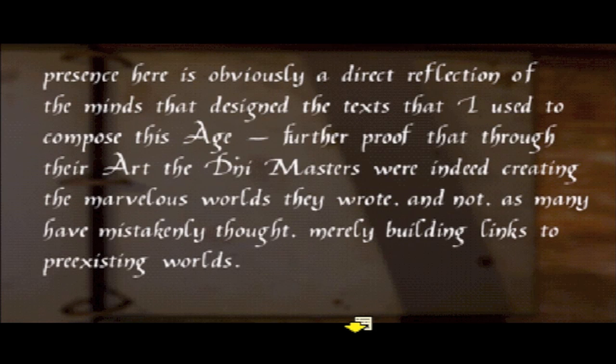Its presence here is obviously a direct reflection of the minds that designed the texts that I used to compose this age, further proof that through their art the D'ni masters were indeed creating the marvellous worlds they wrote, and not, as many have mistakenly thought, merely building links to pre-existing worlds. Again, it's interesting that Gehn makes that observation when he is in fact incorrect, that they are in fact links to pre-existing worlds,